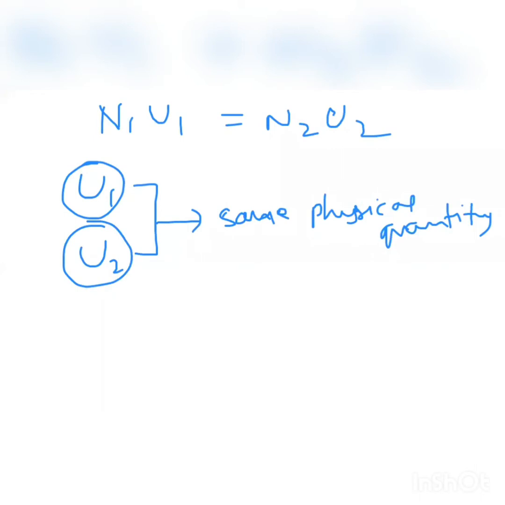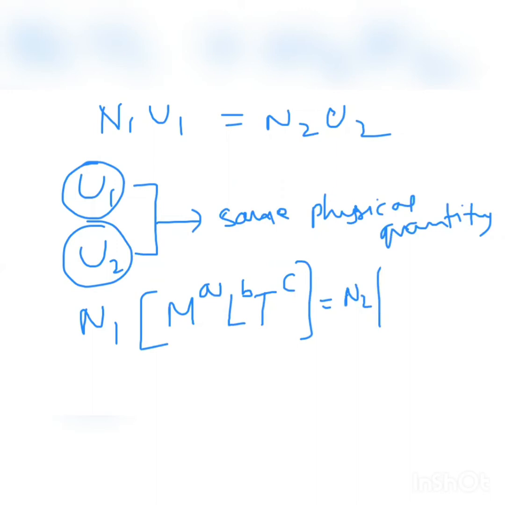Let us write here in the place of N1, okay, you leave it as N1. The dimensional formula is, suppose, M power a, L power b, T power c. Here also the dimensional formula will be the same: M power a, L power b, T power c. What is the difference in the two? Here the quantities of mass, length and time are not the same. Here we take M1, L1, T1, and here M2, L2, T2.